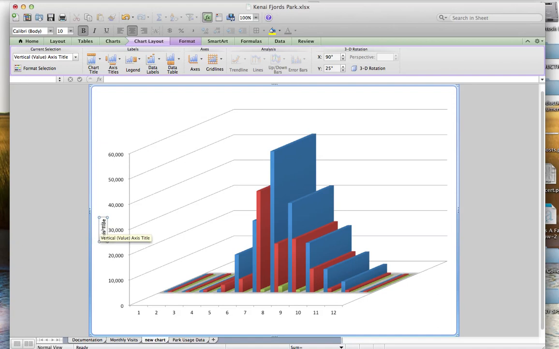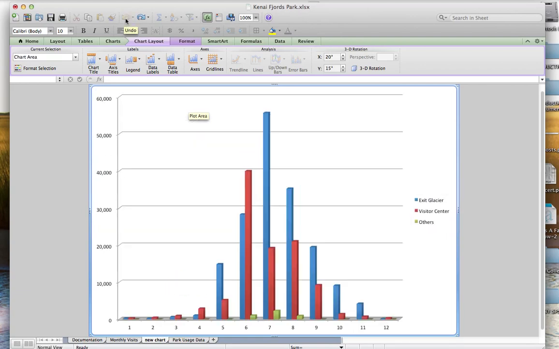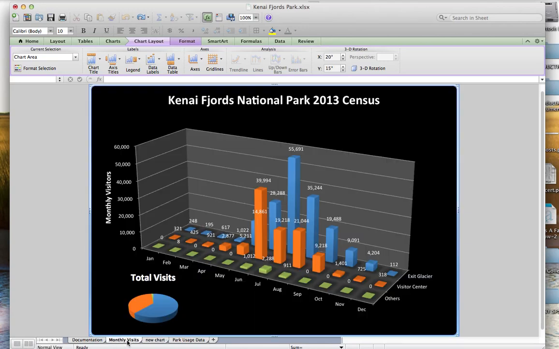This will add a rotated title, which we did. So all those things are really cool. You can do with your chart, your data, your 3D charting. So we ended up with a very cool looking chart that looks like this, and then we added a pie chart